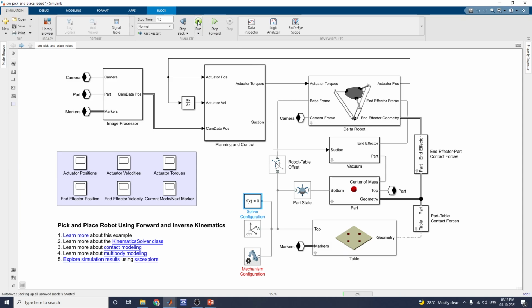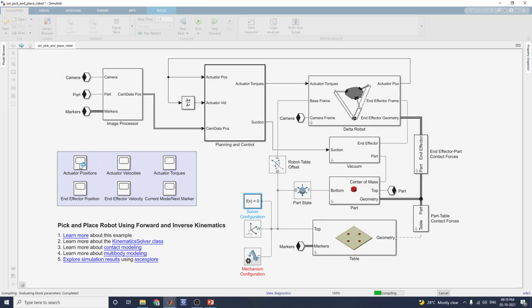Now let us see the simulation. What will happen is the actuator position and actuator velocities and actuator torques and end effector position. It needs some more time for compiling and running.